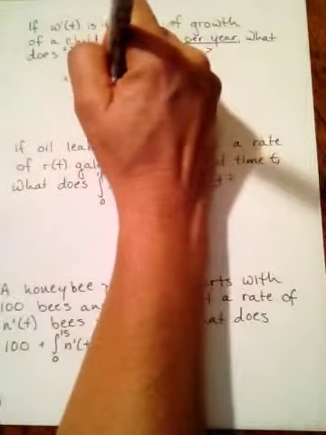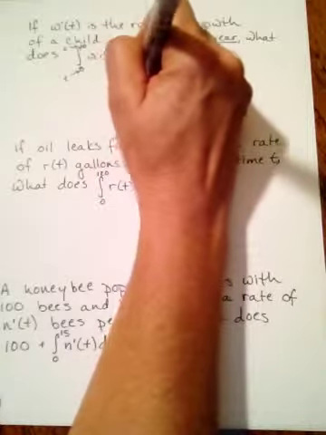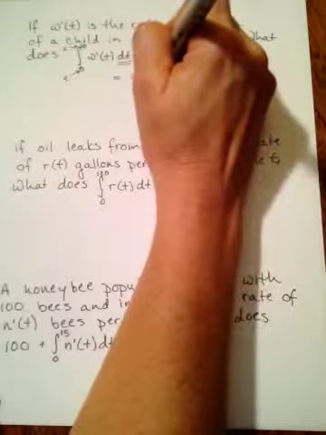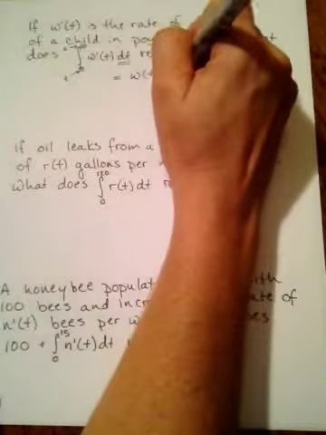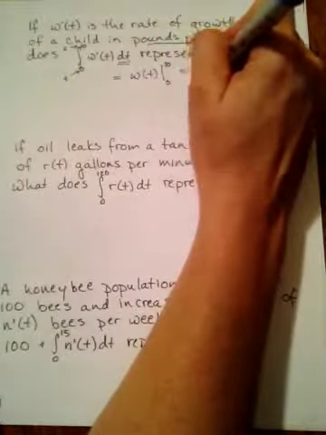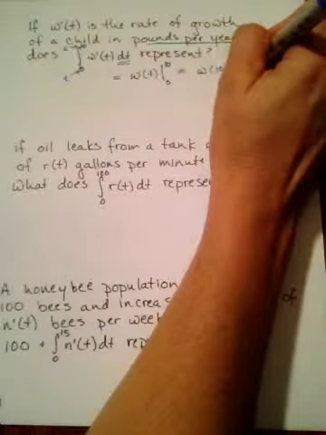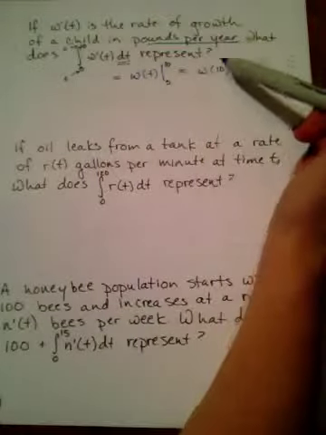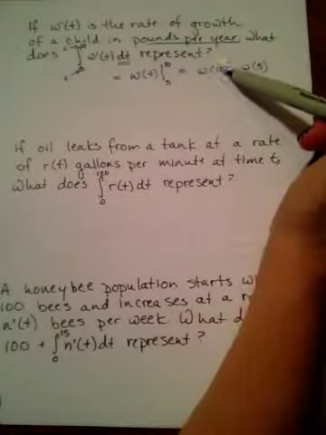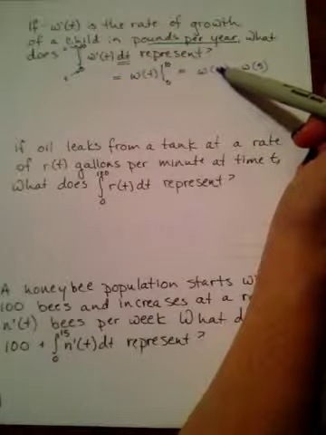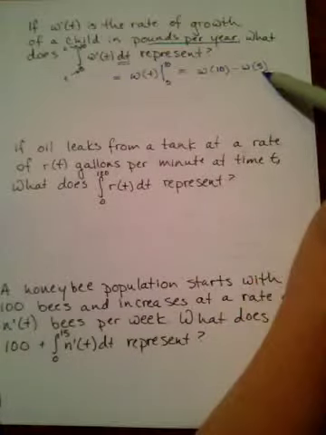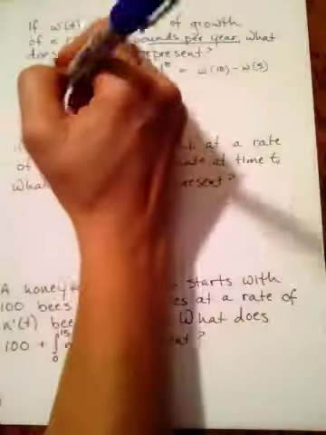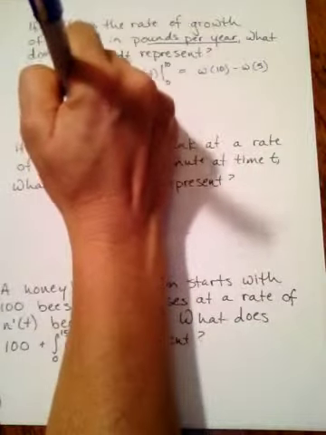So I could say, hey, this is w of t from t equals 5 to t equals 10. So that would be w of 10 minus w of 5. If w prime of t is pounds per year, then w is pounds. And we'll look at that in just a second. But this is how much the child weighed at year 10, taking away how much the child weighed at year 5. So what this will represent is the amount